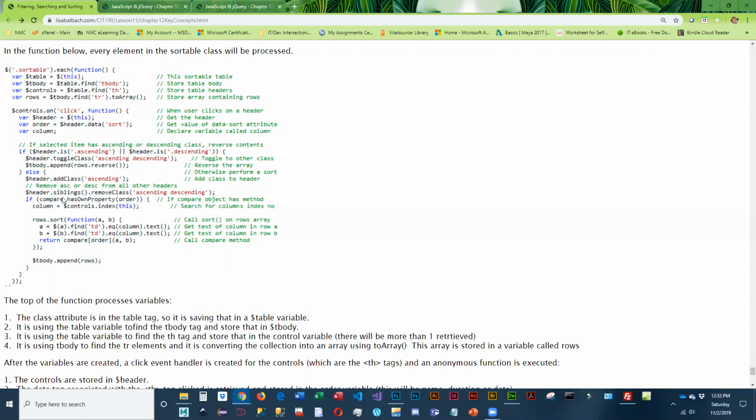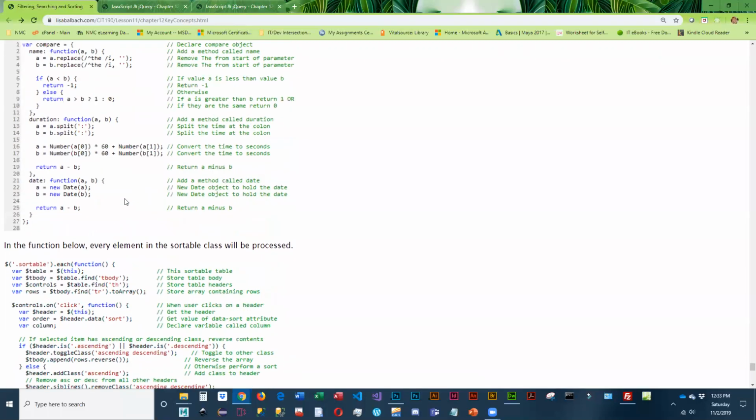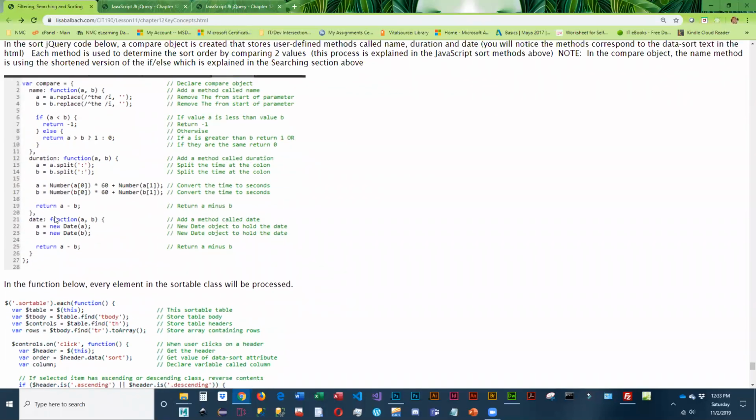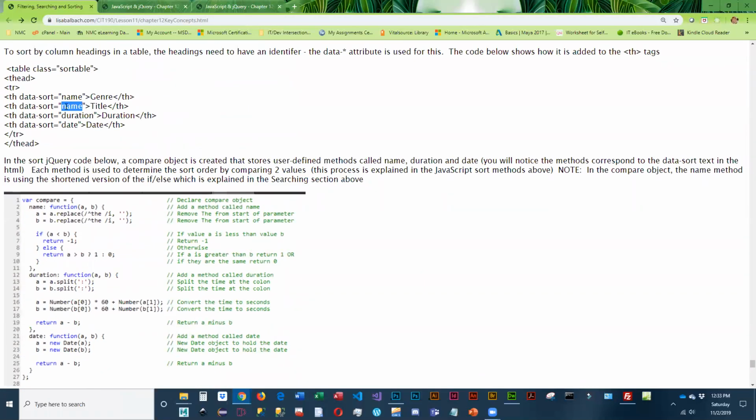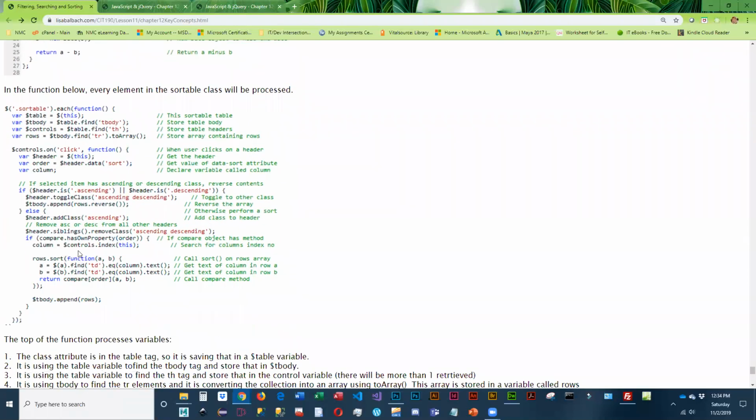And then it's going to remove ascending or descending, either class, from all of the siblings. The next thing it does is it looks at order, and it's just making sure that it has a method to process it. So if we clicked on title, order is going to be name. So it's just checking to make sure we have a name method. Okay, and as long as we do,